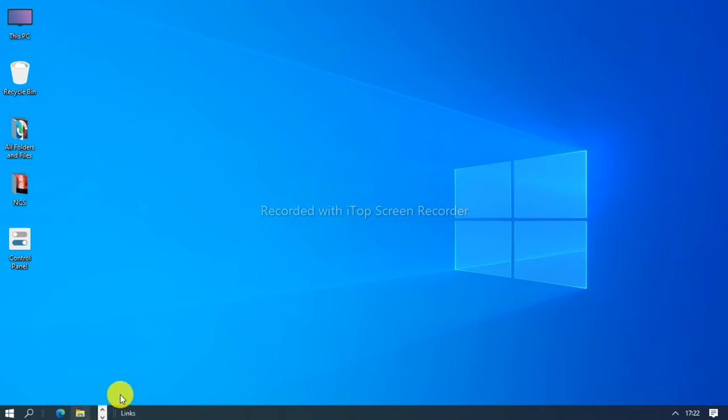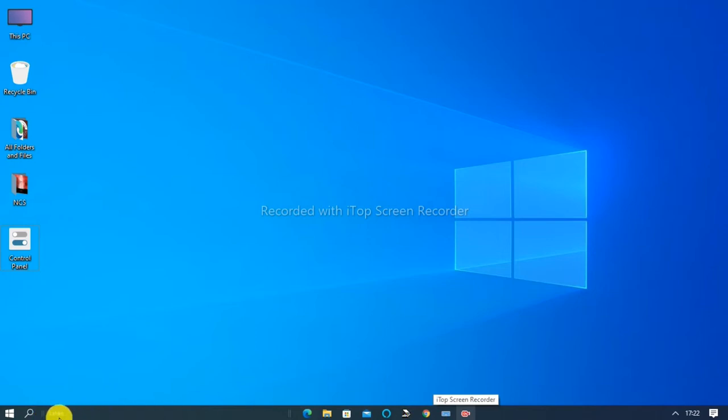The maximum will be 2 icons. You have to make sure that it is showing only 2 icons, otherwise it will not work. Then we choose the first icon and just click in here. So our icons are arranged in the middle.